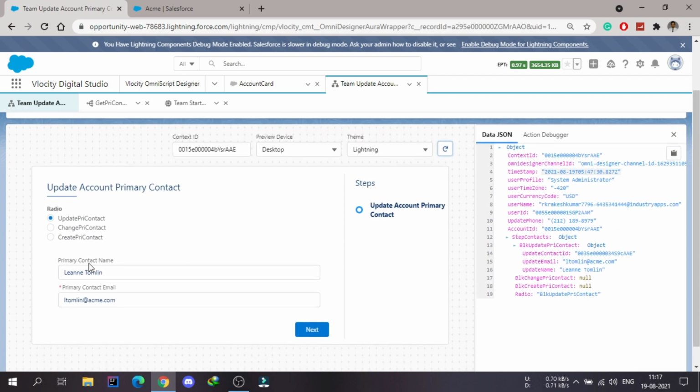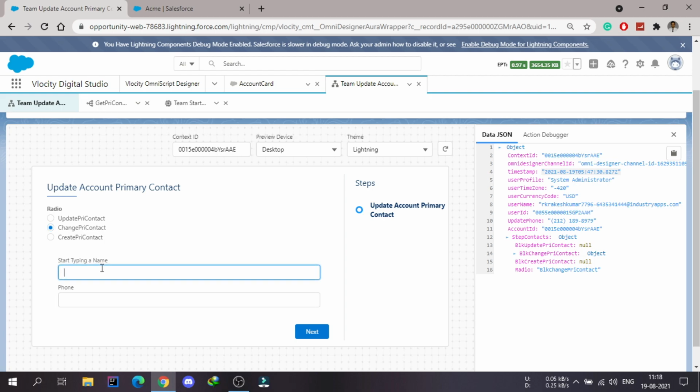What we can do here is edit this name and this email ID, and click on next so that we can update the primary contact. Or we can also change the primary contact for any account. We can start typing any name, it will show us all the primary contacts which are there, and once we click on that one and click on next, it will change the primary contact for that account.